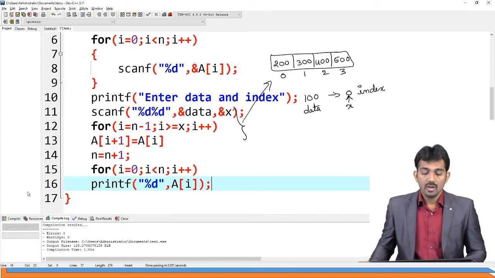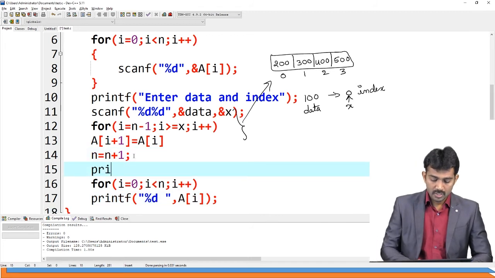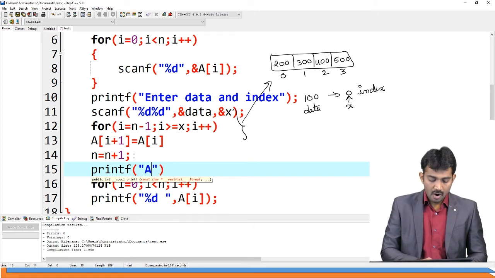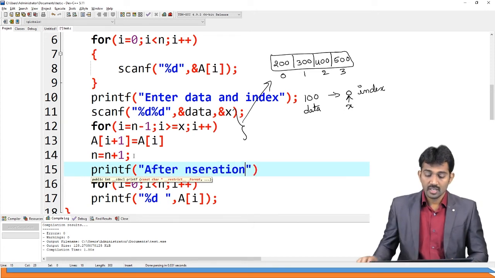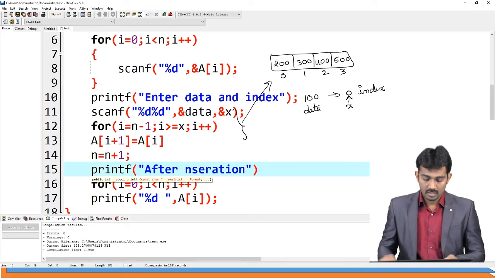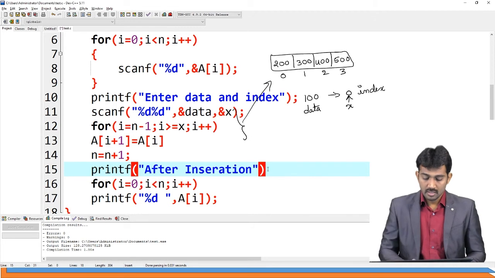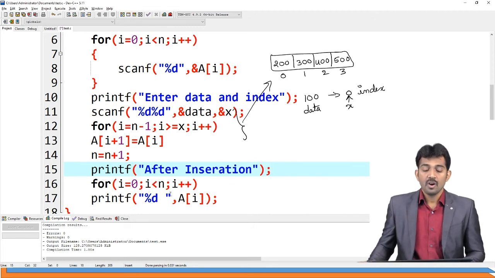That's all. Here I'm going to use a small message, printf "after insertion". See, after insertion, what data you're going to get.